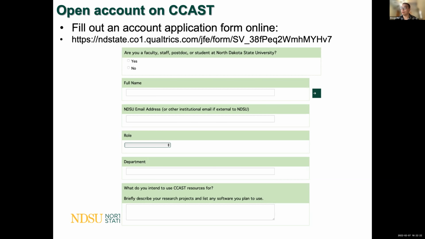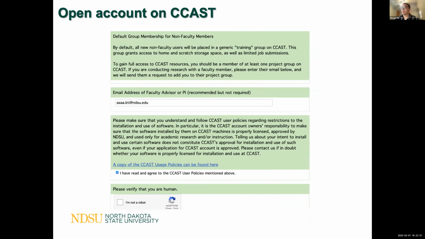Let me show an example. For me, the research project could be polymer clay nanocomposite, and the software I plan to use could include LAMMPS, VMD, MATLAB, and others. Then type your faculty advisor's email address. It's recommended but not required. And sign the agreement policy.